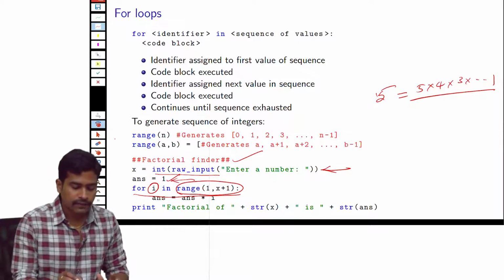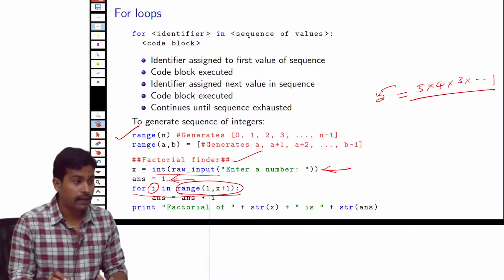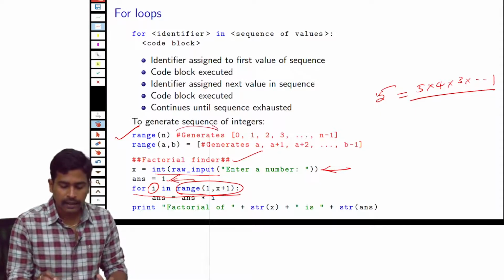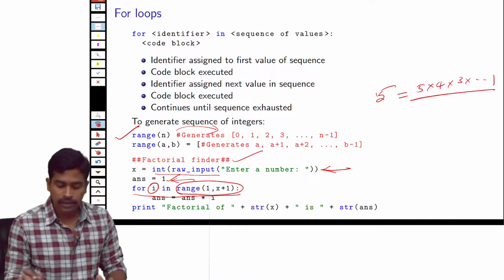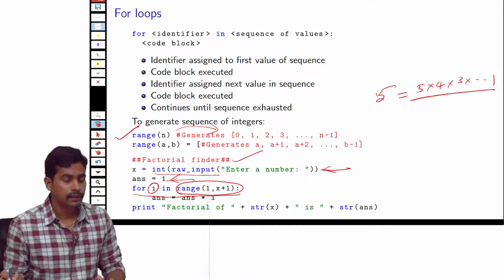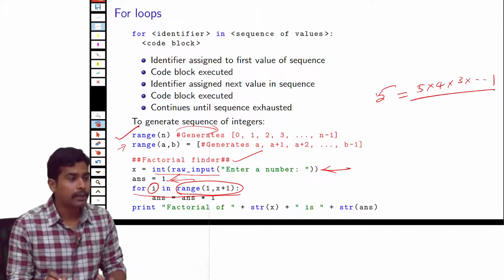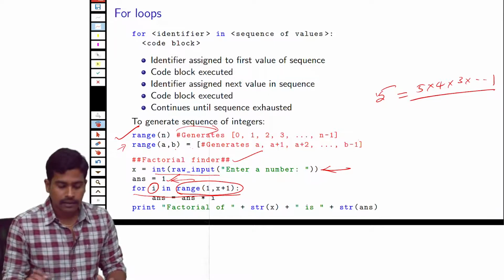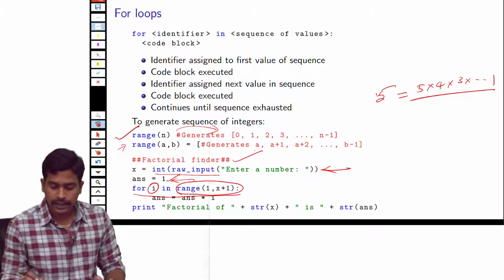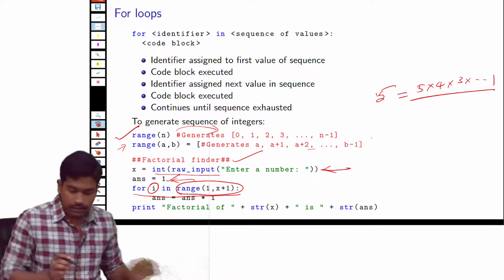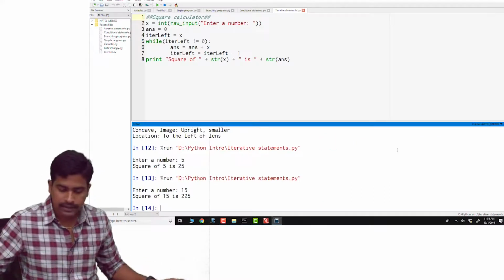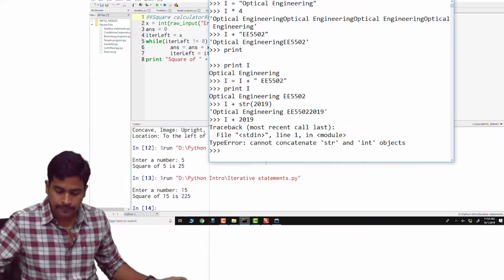What this range function does is, if you say range of n, it will generate a list of values from 0 to n minus 1. Similarly, if you say range of a comma b, it will generate a series of integers from a to b minus 1. To verify this, let us go back to our Python shell again.